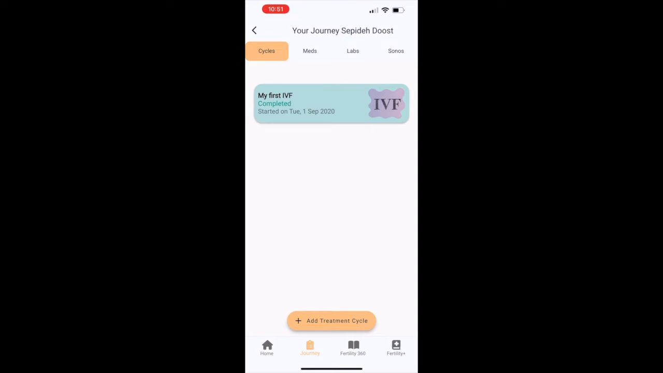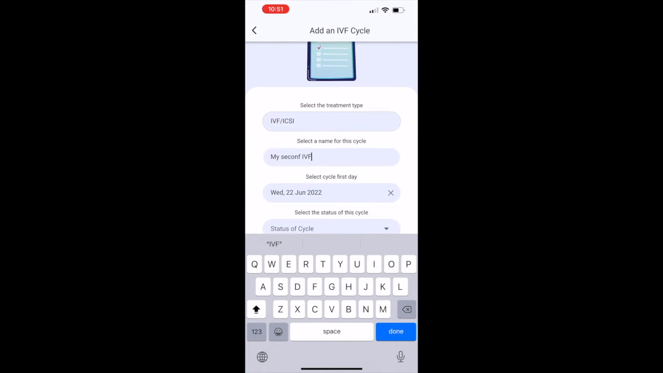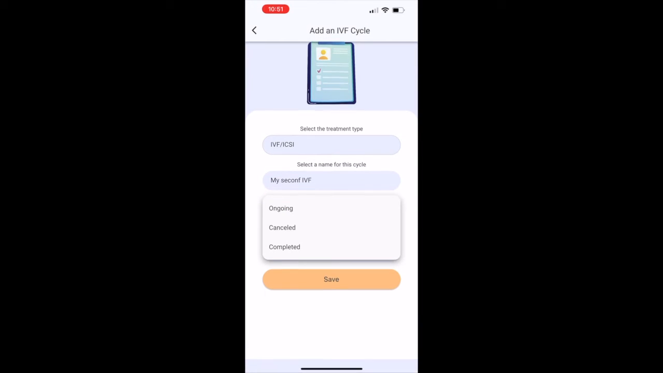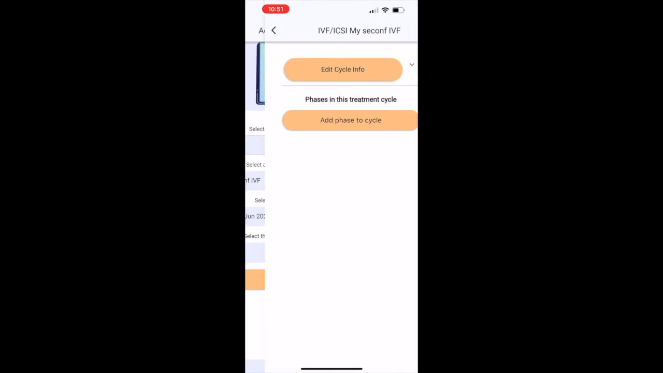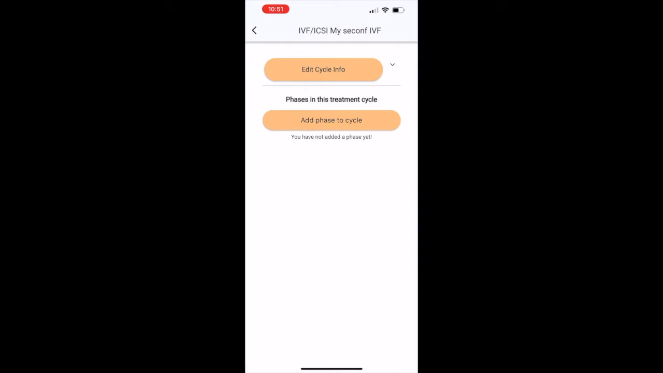But let's say I want to add a new cycle, so I click on the button below, Add Treatment Cycle, and I create a new name, my second IVF, let's say. I can choose the date, and then I can choose the status of the cycle. It can be ongoing, cancelled, or completed. So this is my ongoing IVF. I save it, and here again I have a chance to change the attributes of the cycle, and then I can add phases